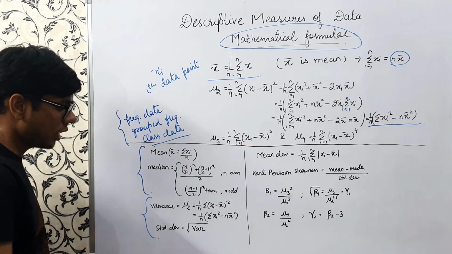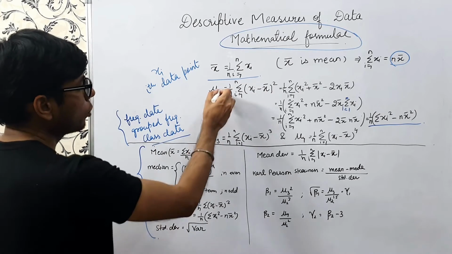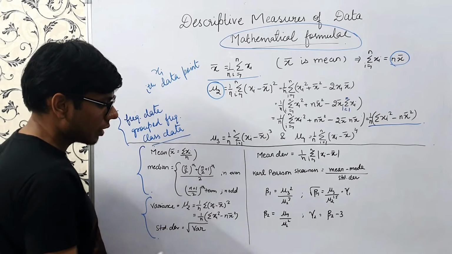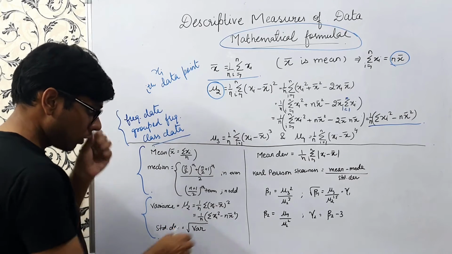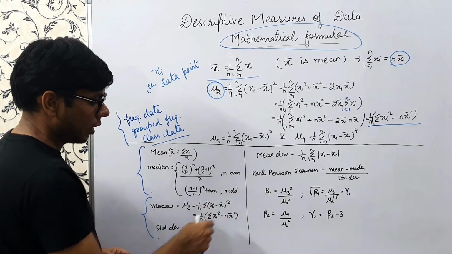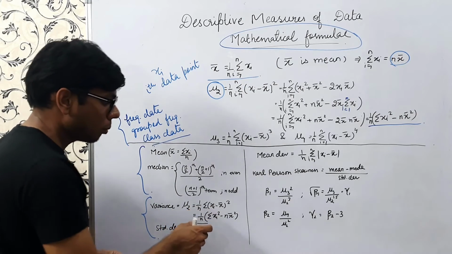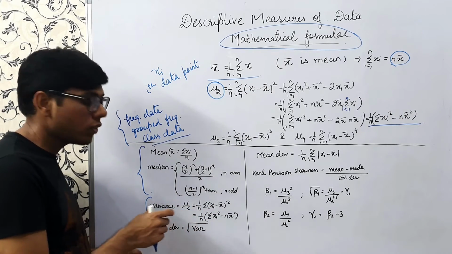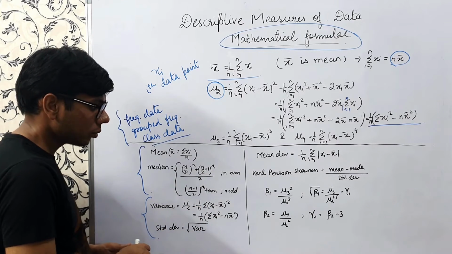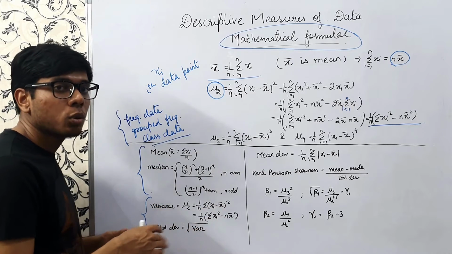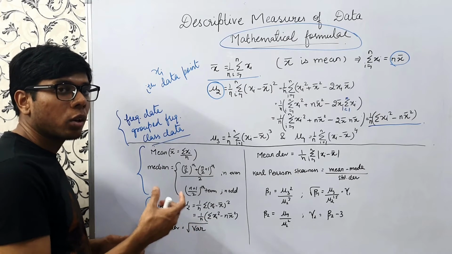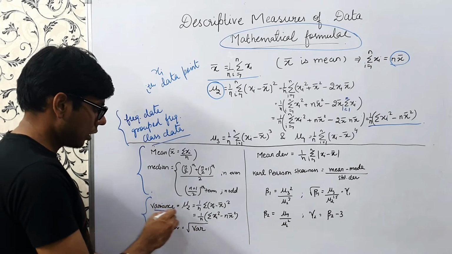dispersion. This is variance. This is nothing but the value of mu2 that we have calculated above. Mu2 is 1 by n summation xi minus x bar whole square. So here what we do is we take the deviation of each observation from the mean and we square that. So why are we squaring? Because if we simply add the deviations, the signs will cancel out and we'll get nothing. So that's why we are squaring, to make the sign positive and get some quantity to define the term variance.